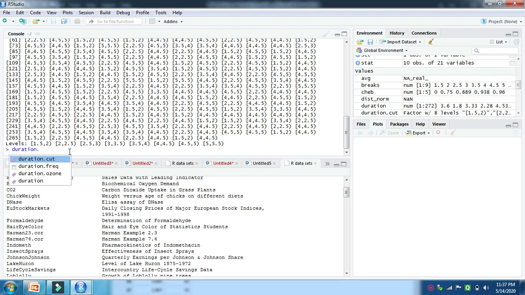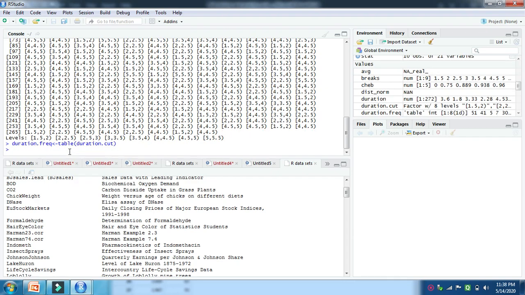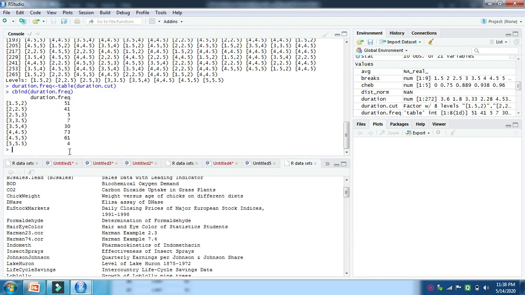Then we use one more variable, called duration.freq. Use the table function and pass the variable duration.cut. Then we use the cbind function to create a data frame, or a frequency distribution, from the variable duration.freq.